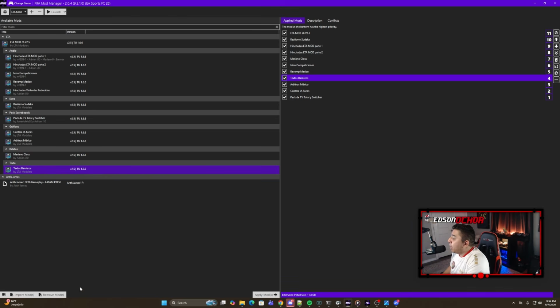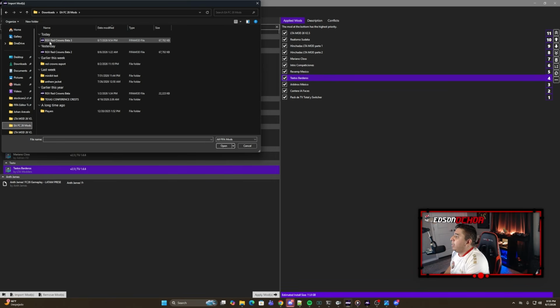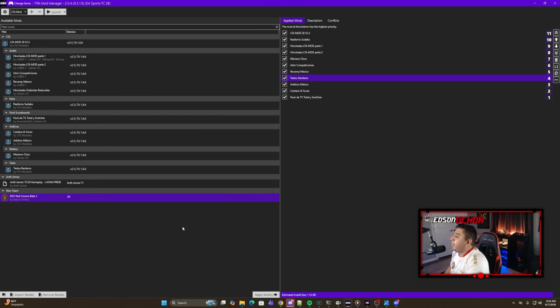Once you're here in Mod Manager, you are going to import mod, and in this case, we're going to import RGB Red Crowns Beta 3. Then you can either double click, or once it's selected, you can click on this button that says apply mods, and it'll apply it into the list of the mod. Okay. Once you have that established,